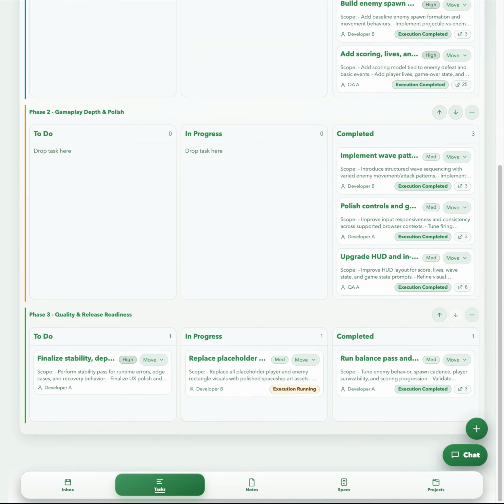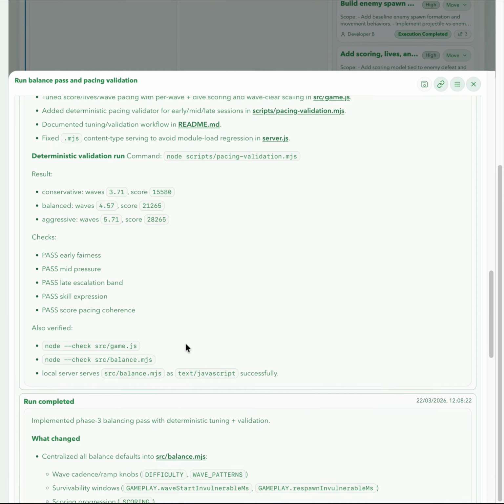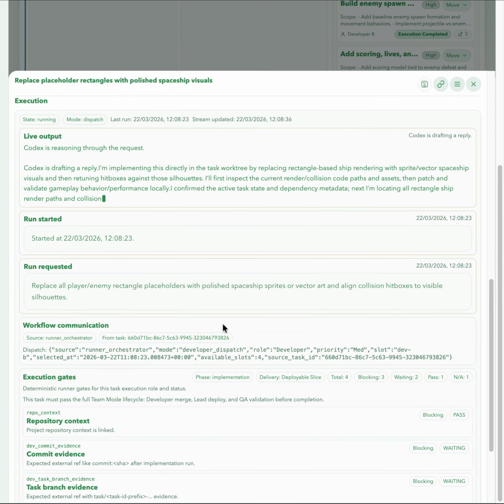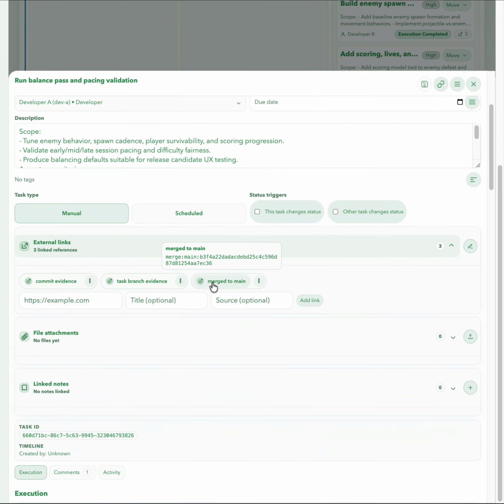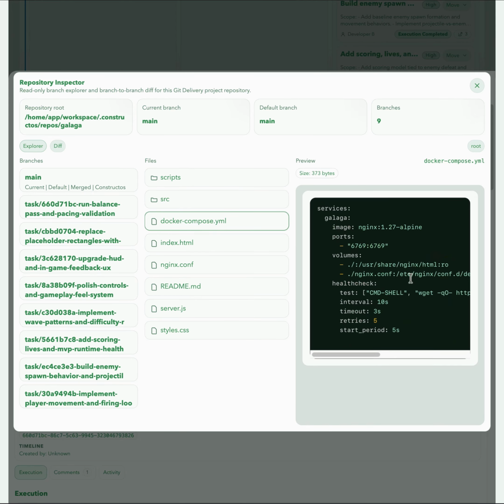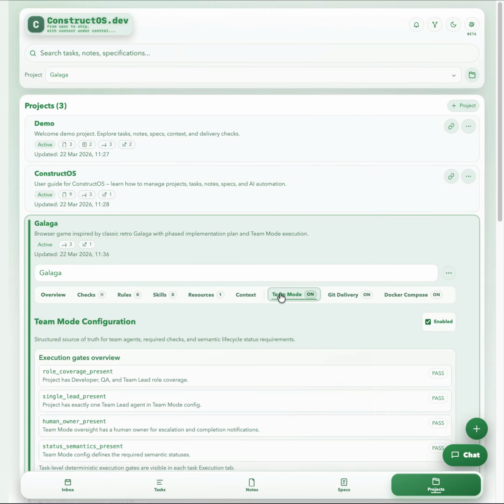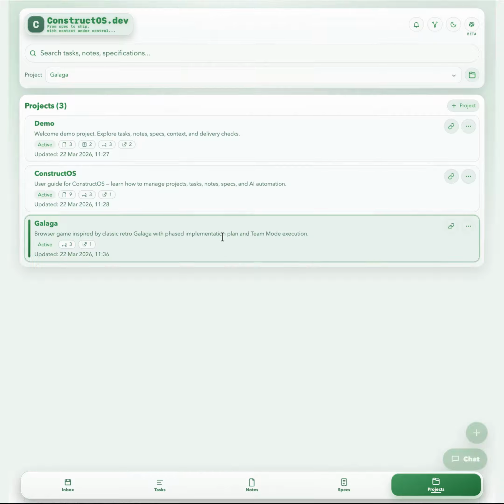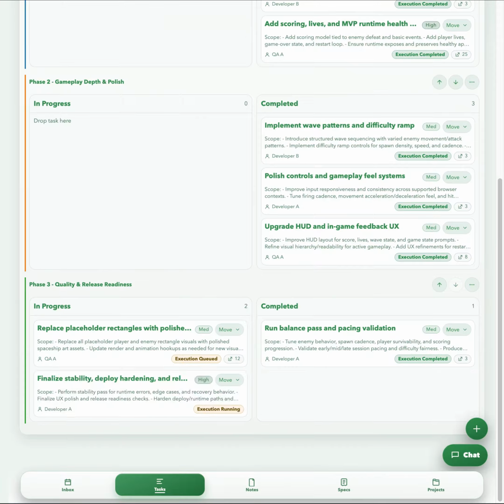We now return to follow the implementation of the third and final phase. This phase completes the full delivery of the application, bringing together all previous work into a stable and production-ready state. As execution progresses, tasks move through the system until everything is finalized. Once all work is completed, the system automatically generates a final report as a note, summarizing the implementation and capturing